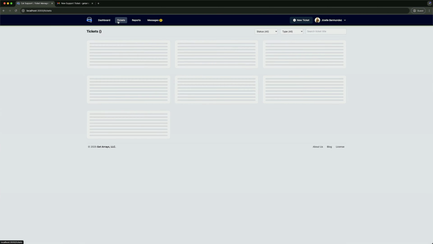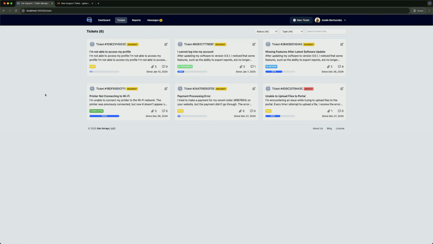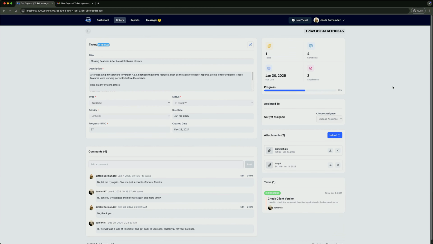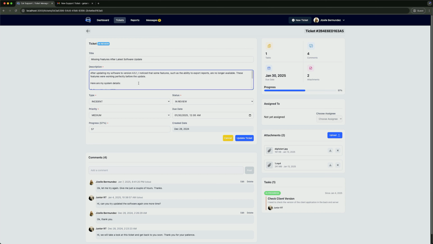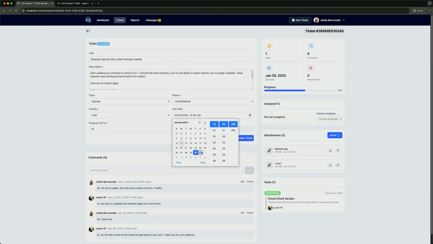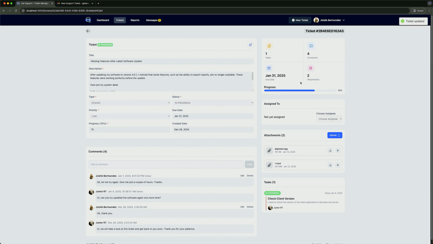So let's go back to the tickets, and let's go ahead and click on one of these tickets so that we can see the ticket details page. So I'm gonna go ahead and click on this one, and the ticket detail page is where you can see all the details about the ticket. I can update the ticket, so I can change the text here if I want. I can change the type. Let's say this is a design, change the priority, and I can change the percentage. Say it's in progress. I can change the due date if I want to. And then I'm gonna click update ticket, and you can see the information is